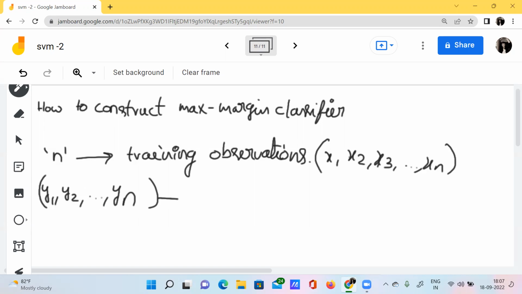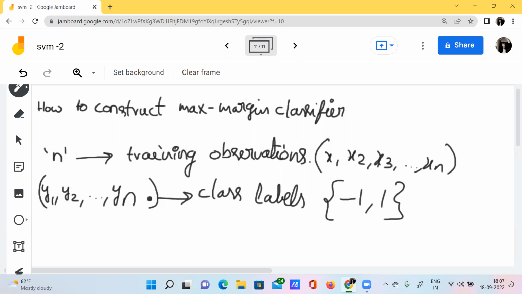These are all the class labels, which usually belong to only two categories, that is -1 and 1.